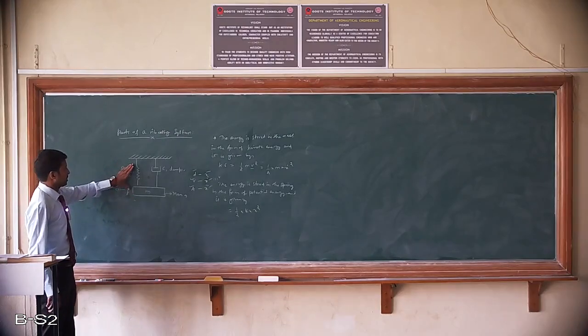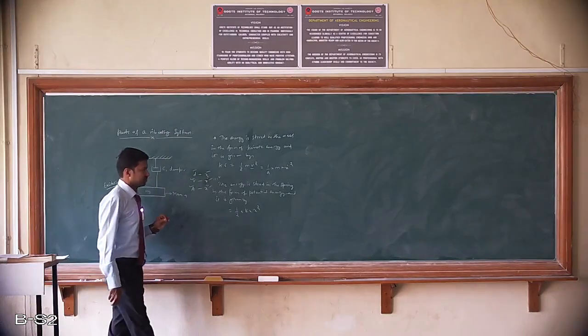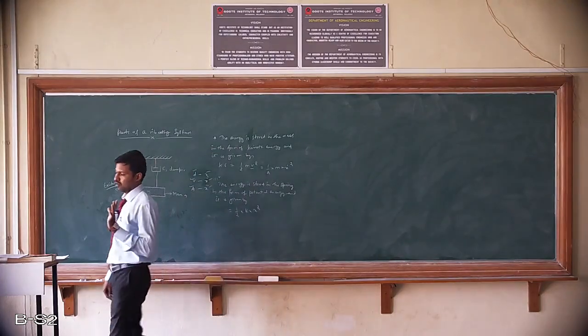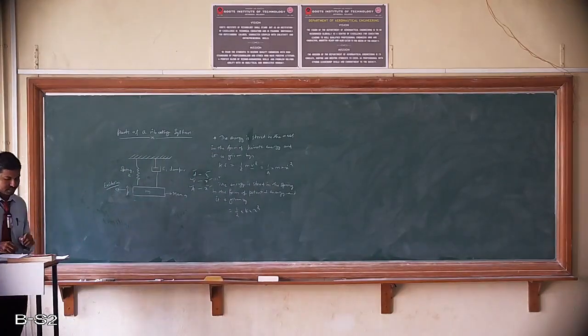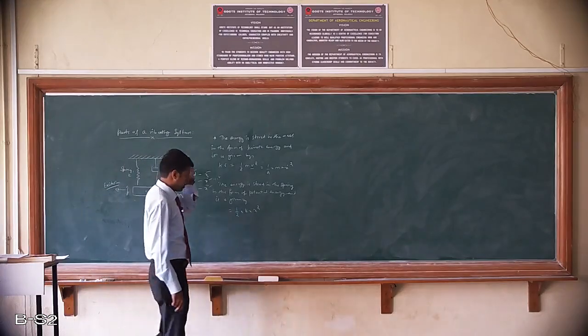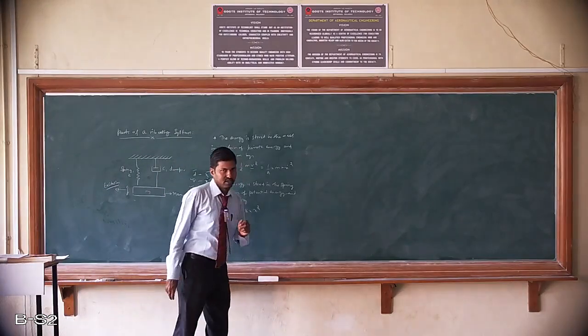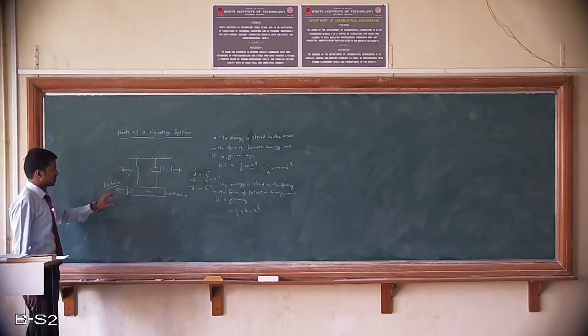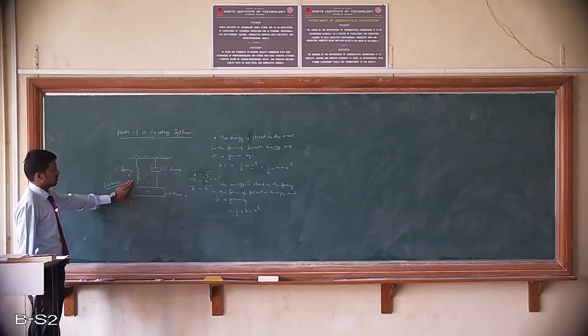So energy always enters the system with the help of excitation or external force only. This excitation disturbs the mass from its mean position, and because of this the mass moves up and down from its mean position. So we have understood that the energy enters the system with the help of external force or excitation. So this excitation disturbs this mass, and because of this disturbance